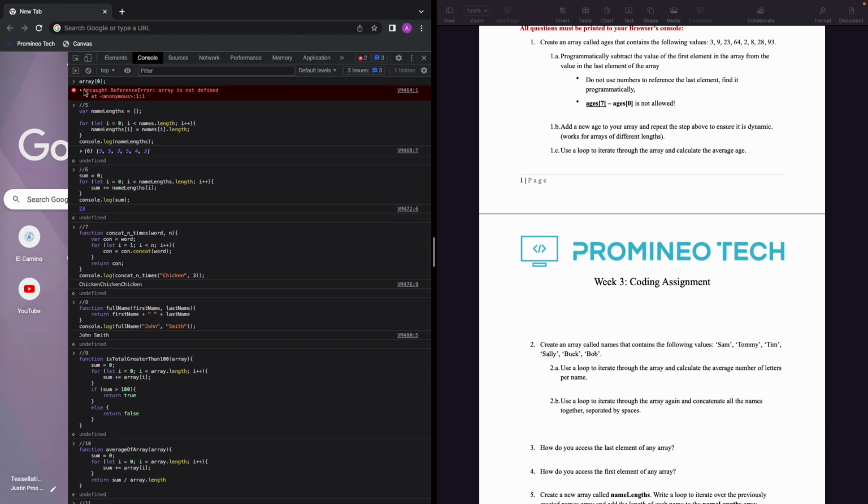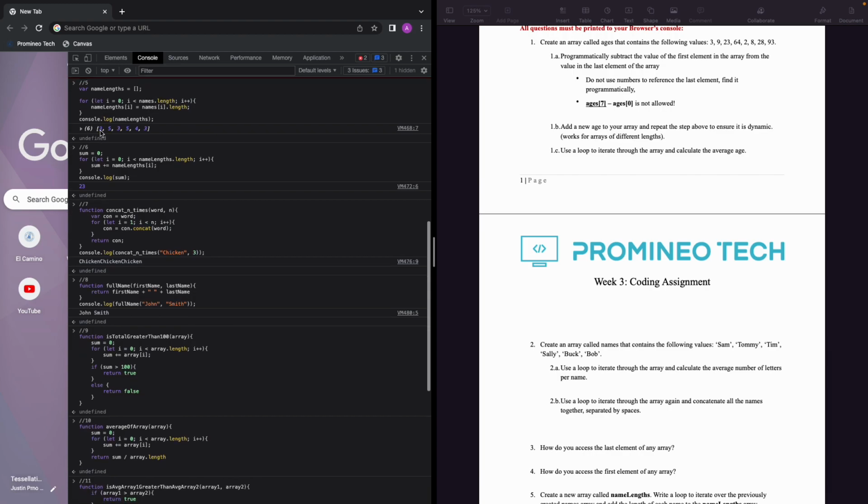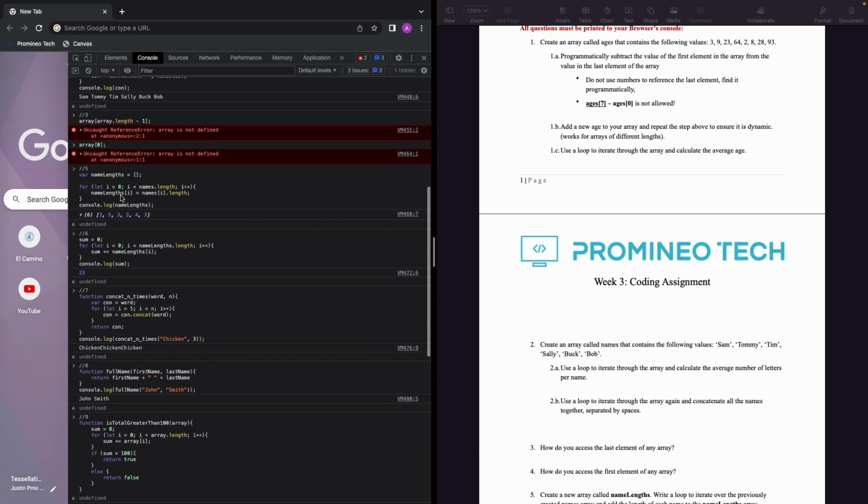And then for 4, to retrieve the first element of an array, we put array[0]. And then to make a new array, we put nameLength, for loop, let i equal 0, i is less than names.length, i plus plus. nameLength[i] equals names[i].length. What this does is that it retrieves the length of the amount of letters within each element, and then as you can see here, it retrieves 3 5 3 5 4 3,